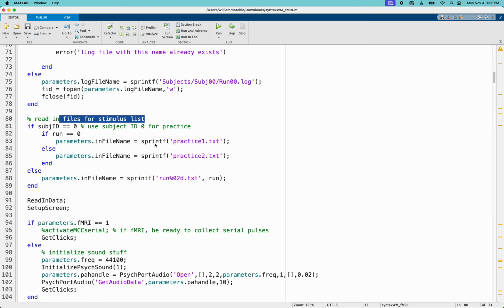I can't remember what this looked like, but it may just be the list of blocks for that run, right? This file may have just been Jabberwocky 1, Jabberwocky 2, Real Sentence 3, or whatever, right? It just may be the name of the block,